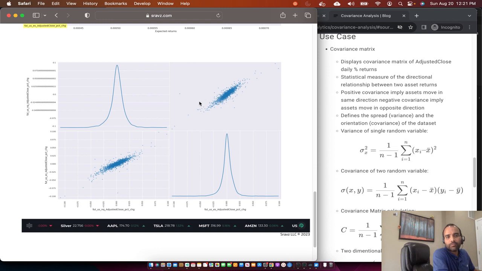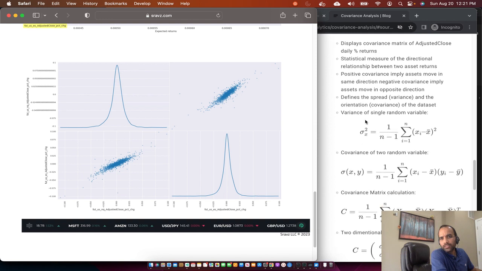Sometimes an asset can pull the rest of the assets because that is a dominant asset. In that case, the covariance is determined by that strongly moving asset. So the variance of a single random variable is given by this formula: